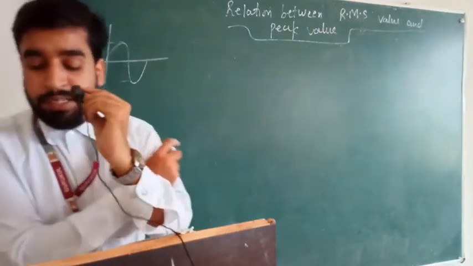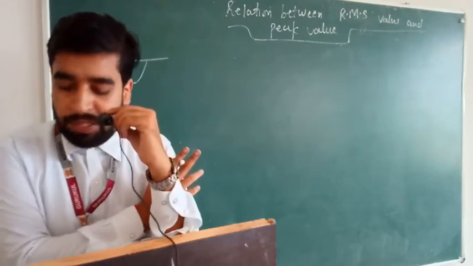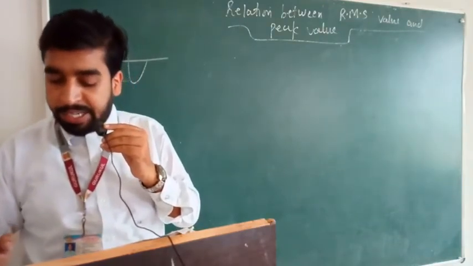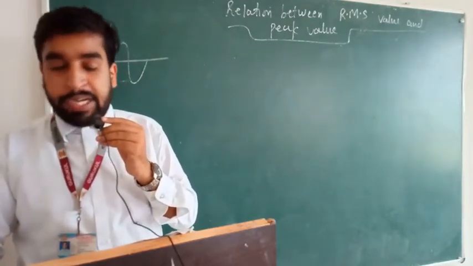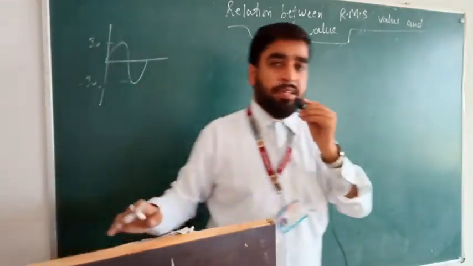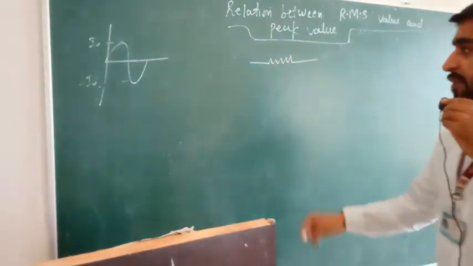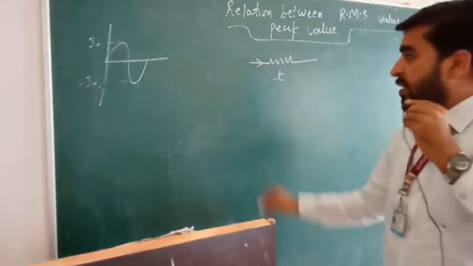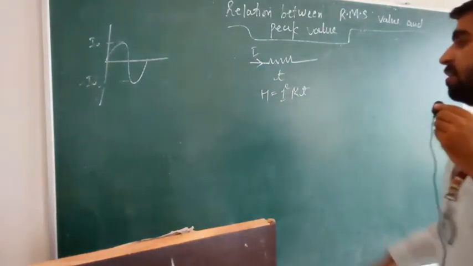Now we will calculate the virtual value, also known as the effective value or RMS value of AC. So what is it? It is the value of direct current which produces the same heating effect in a given circuit as is produced by the given alternating current when passed for the same time. Suppose we have a circuit, with one resistor in it. Firstly we pass DC for time t, and the heat produced, if I was the current, is H equal to I square RT.